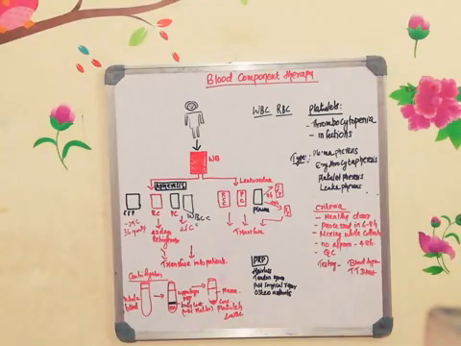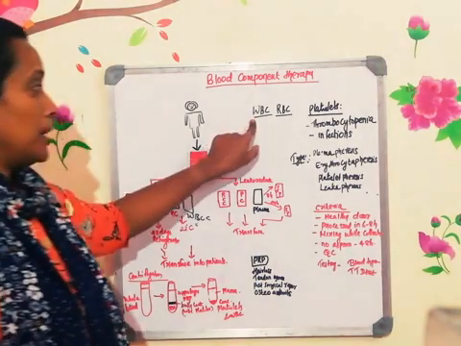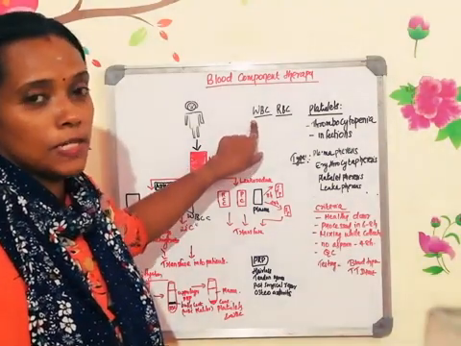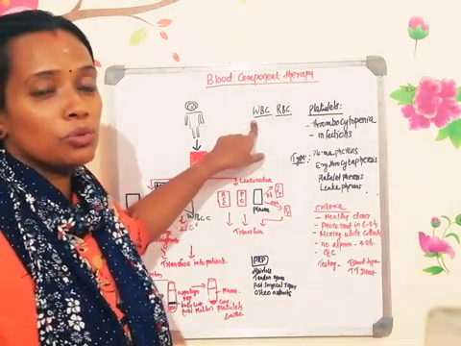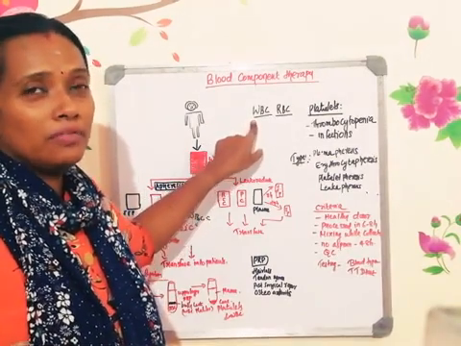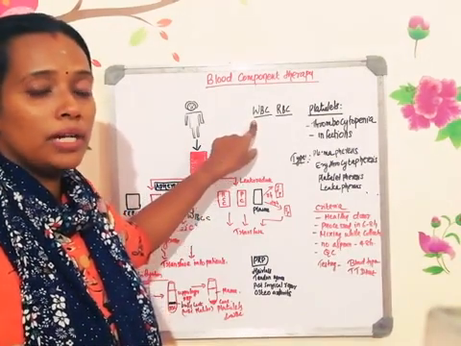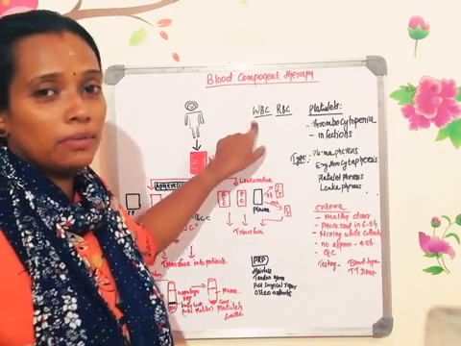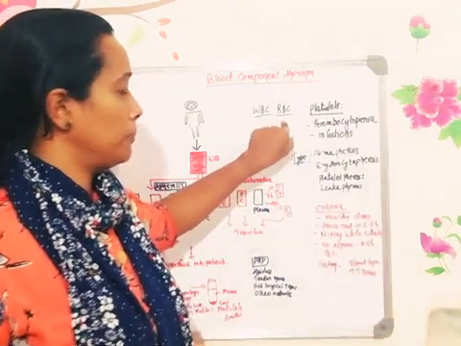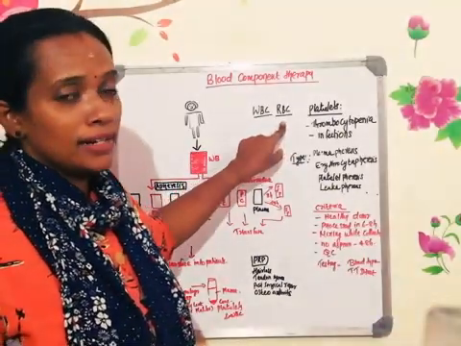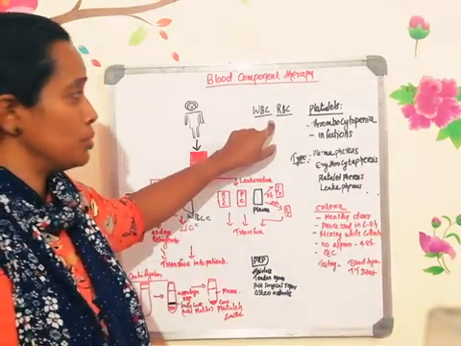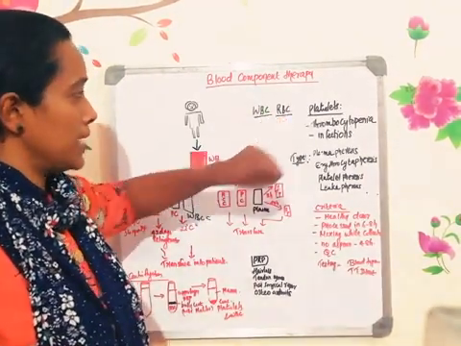Okay, so the criteria. WBC is used for treating the patient who has a low number of WBC, especially the granulocyte number, and those whose immune system is very low. Lymphocyte count will be very low in such people. When they have infection, you can go for the WBC transfusion. So lymphocytes will activate their immune system. RBC transfusion will be done for anemia and any other RBC related issues. In those patients, RBC can be transfused.